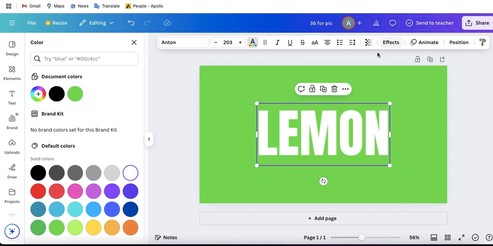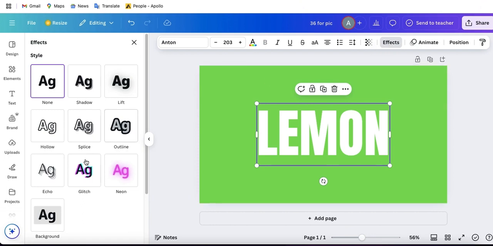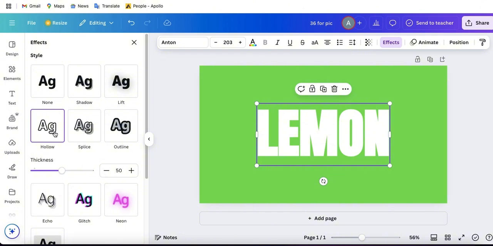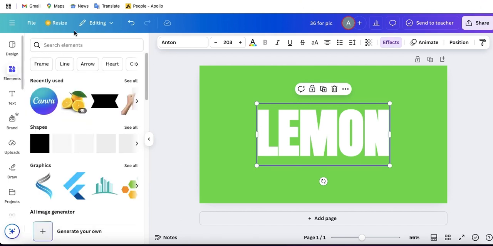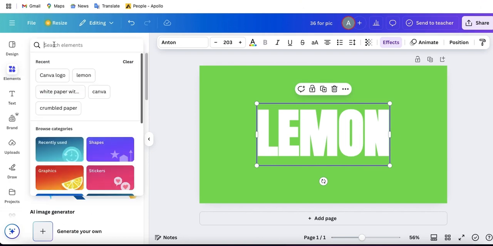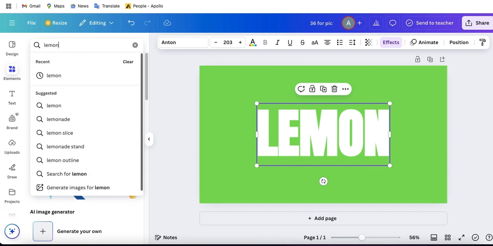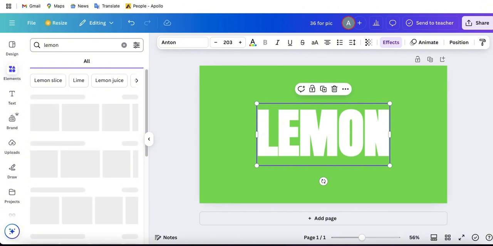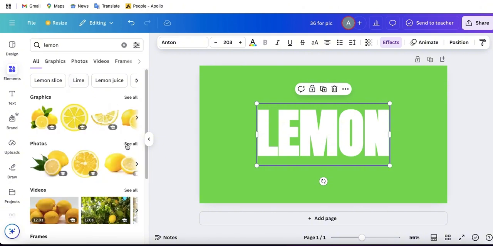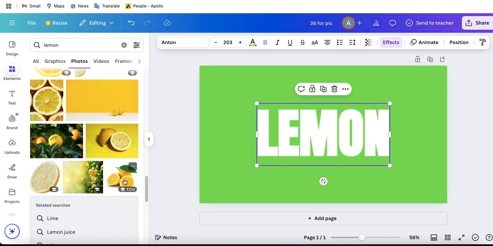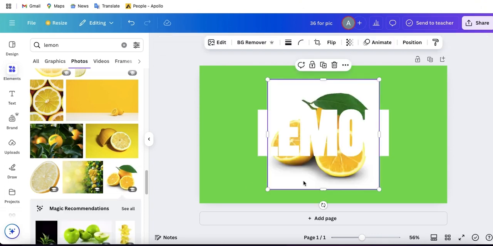And go to effects, take a hollow effects, and then go to elements, search lemon. Okay, and go to photos and take this photo